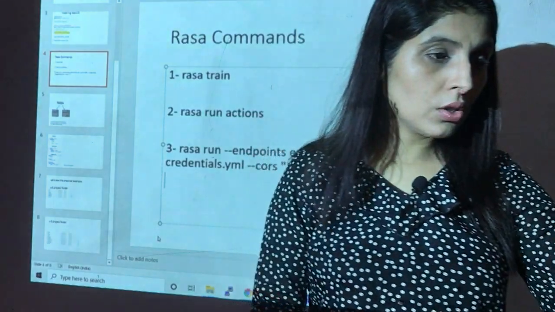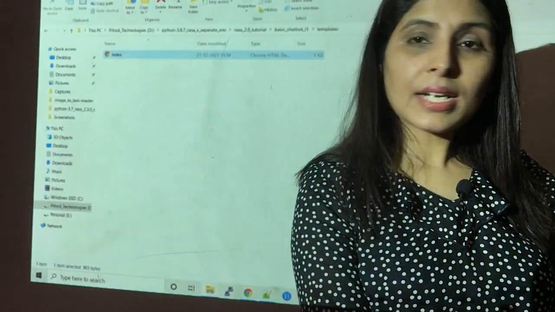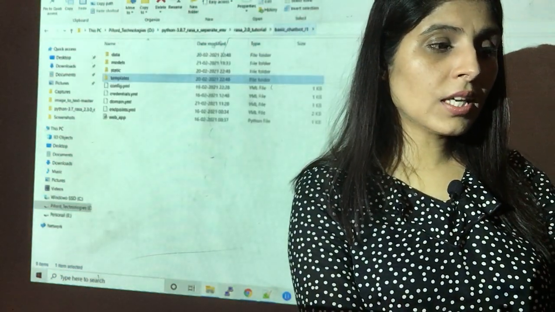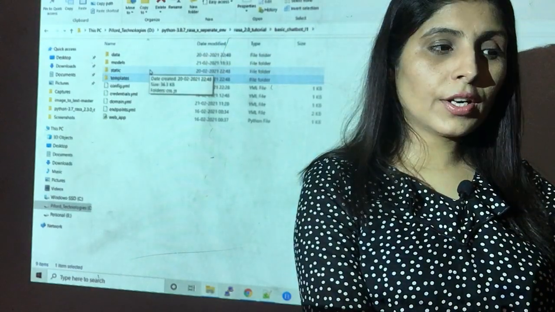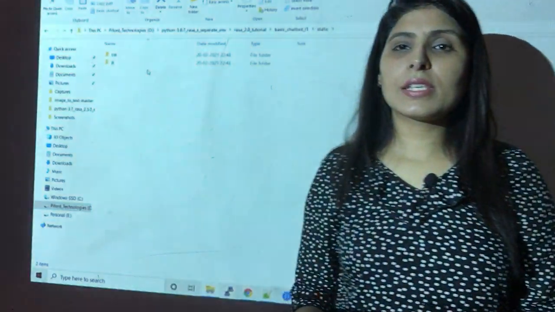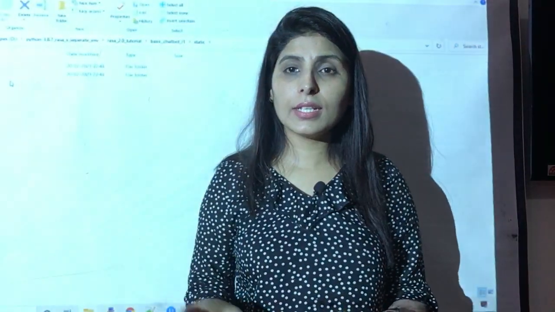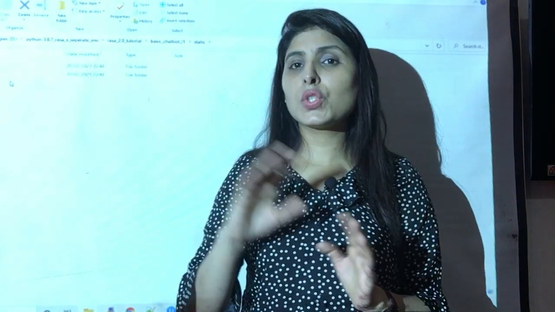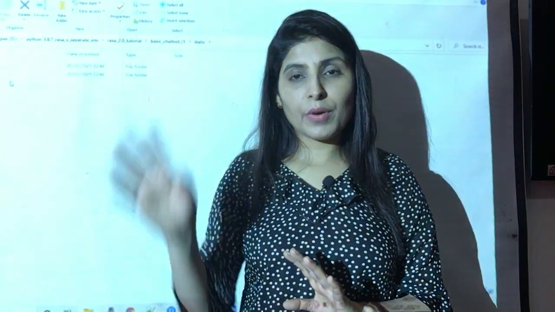All right, so this is the template file, and if you see, I have one more folder with the name static. Under this static folder is the HTML design, CSS and JavaScript which will beautify your chatbot front end.